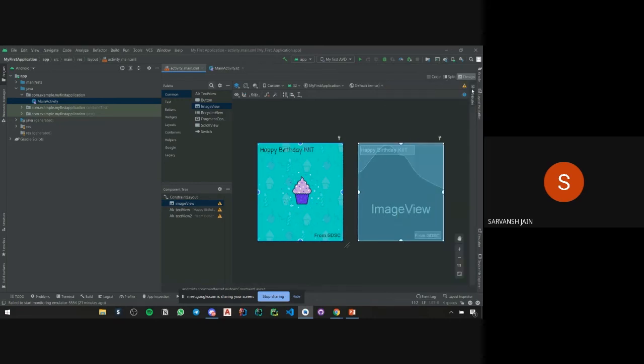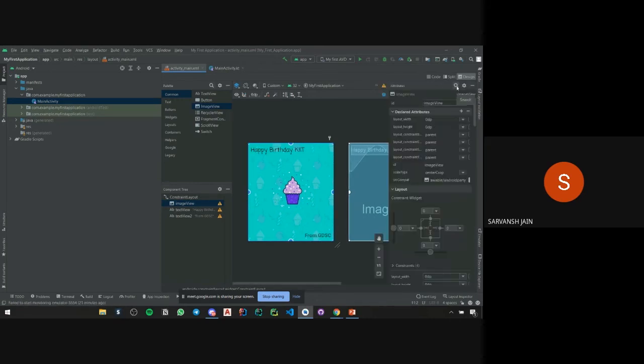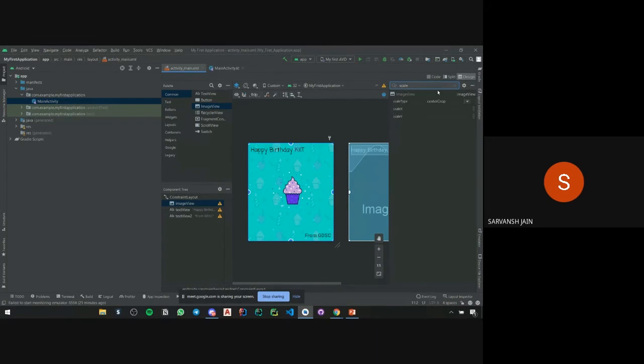Then there's this search option at the top in the attributes panel. Search and go into scale. Then the first option, scale type, select center crop, the last option. Previously it would be like this. Center crop.